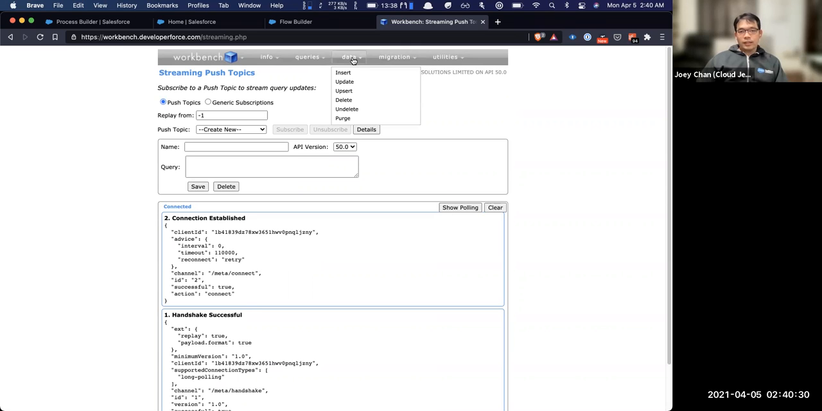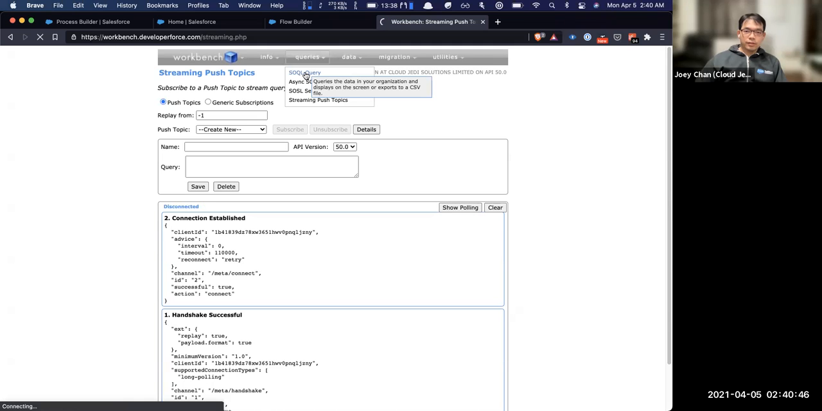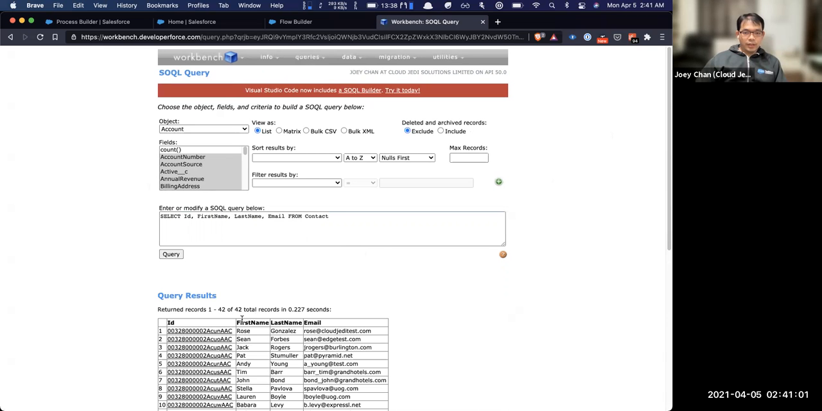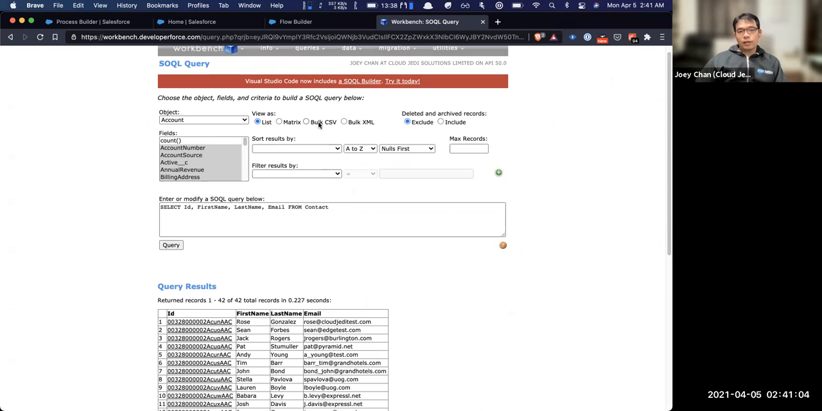Here we have the data tab. What does it do? It's similar to Data Loader. It allows you to insert, update, upsert, delete, undelete, or purge data. As an example, let's go to a SOQL query. Let's select ID, first name, last name, email from contact. From here, we have this list. Let's download it as a CSV file. All you have to do is click on bulk CSV